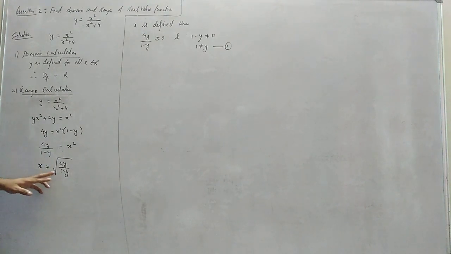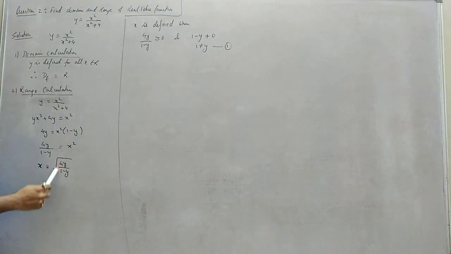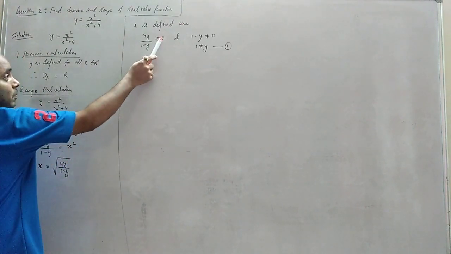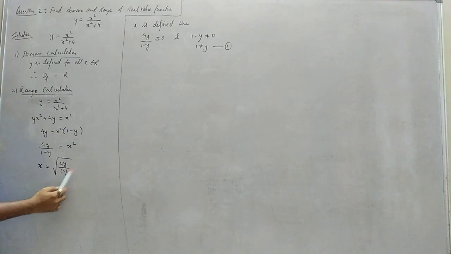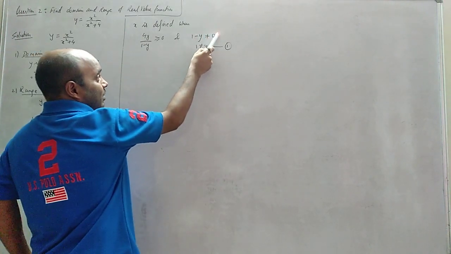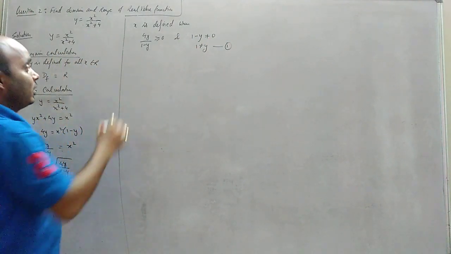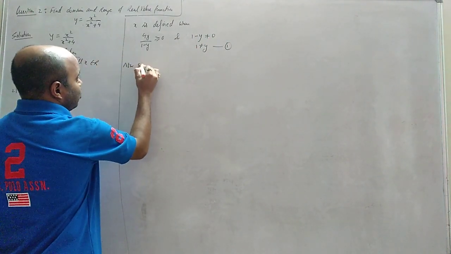So this is under which pattern? On the third case, there is under root, and something by something as well. So x is defined when the whole inside part should be greater than or equals to 0, and the denominator cannot be equals to 0. From this, solve it. So y will go to that side. y cannot be equals to 1. Equation 1. Okay. Now we have to solve the second part.